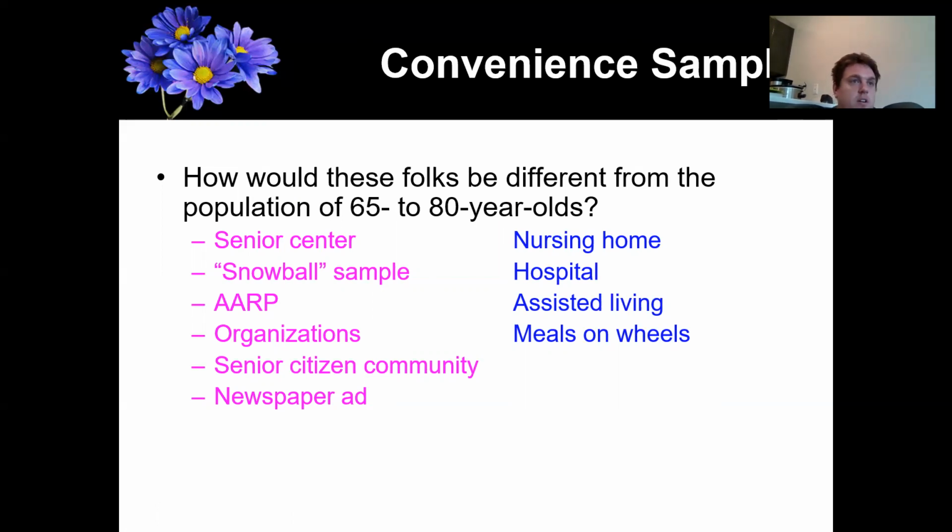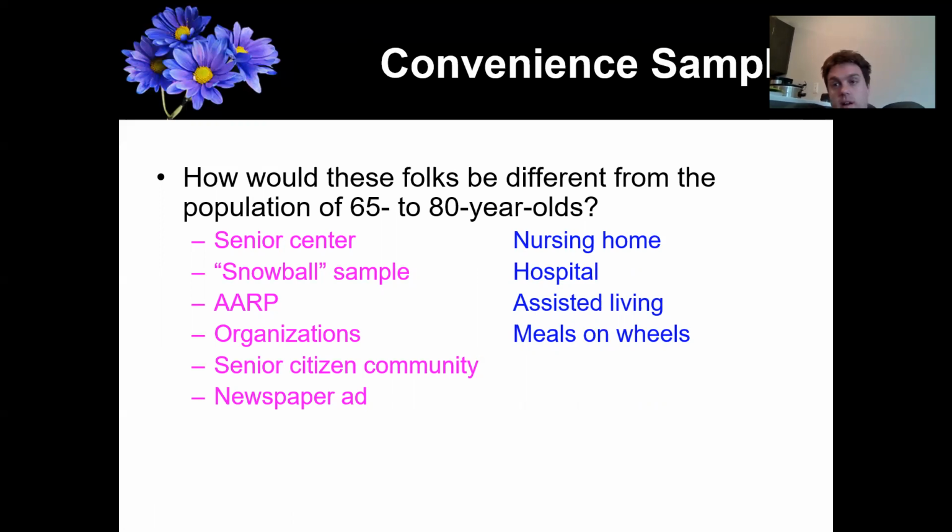So let's say I wanted to look at some sort of social study, like how they relate to their friends, just as an example. Well, that could again be different. Recruiting someone from a newspaper compared to someone from Meals on Wheels. Maybe someone from Meals on Wheels, the reason they get their meals from there is that they don't have a lot of social support. They don't have friends or family to bring them groceries or bring them meals, whereas someone who is at an organization doesn't need that.